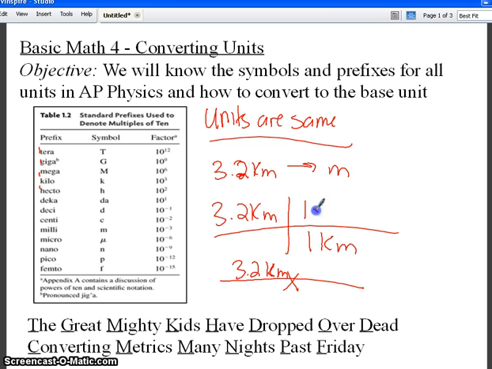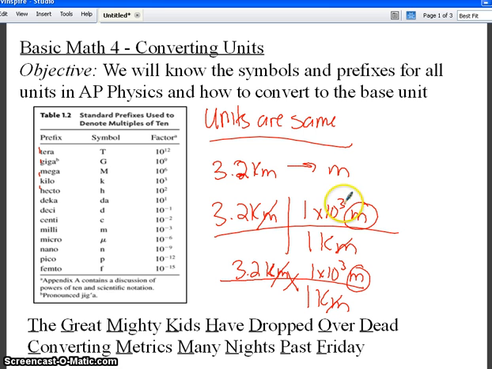1 kilometer is 1 times 10 to the third meters. So kilometers cancels out, and we are left with meters. I'm just doing two in a row because you might like this better because of chemistry. So our answer is going to be 3.2 times 1 times 10 to the third. And if you want to do this easily without even a calculator, 3.2 times 1 times 10 to the third